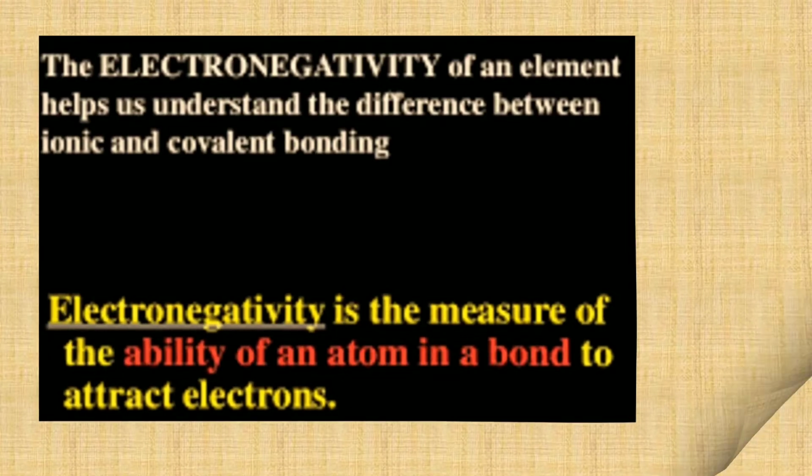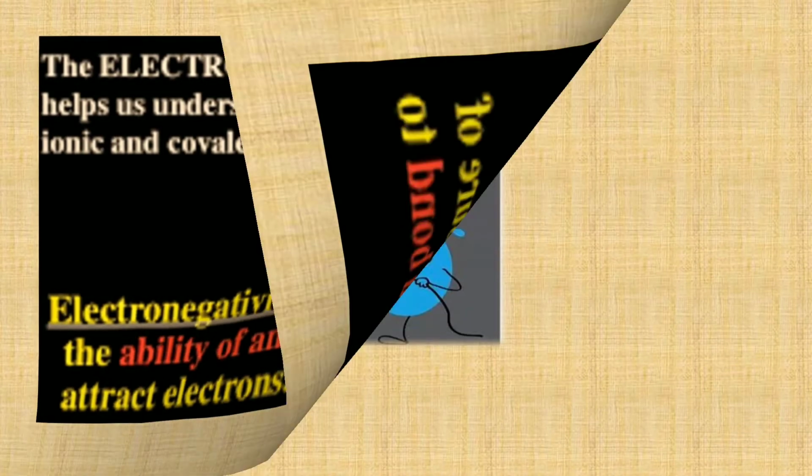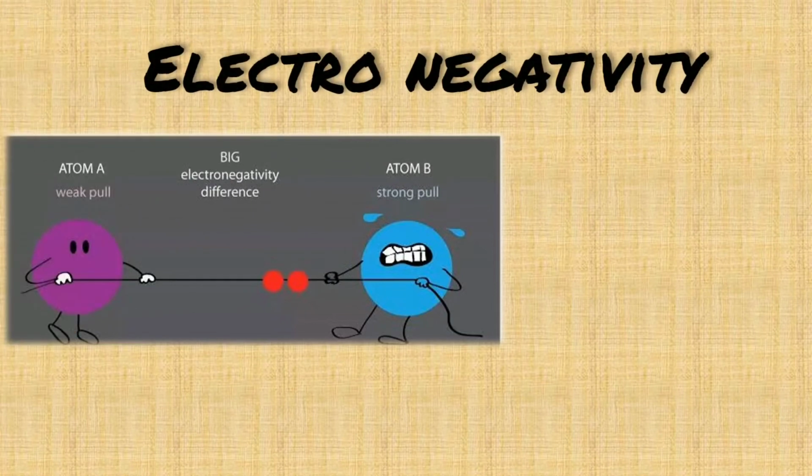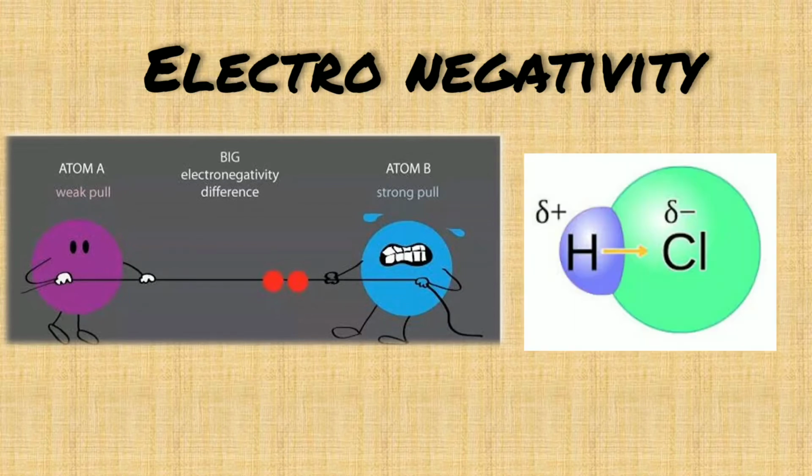What do you see here? You can see an atom A and another atom B. B is highly electronegative and therefore it is able to attract and pull the electron towards it. See the example here, you can see hydrogen chloride. Hydrogen is electropositive in nature, whereas chlorine is electronegative in nature.